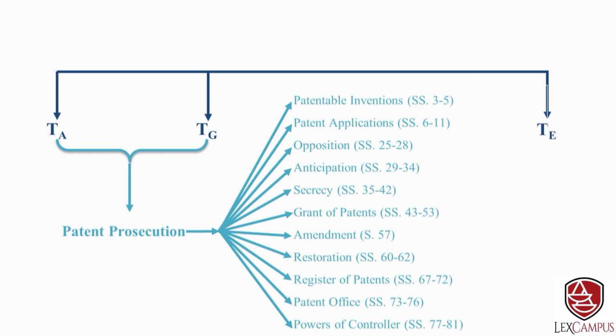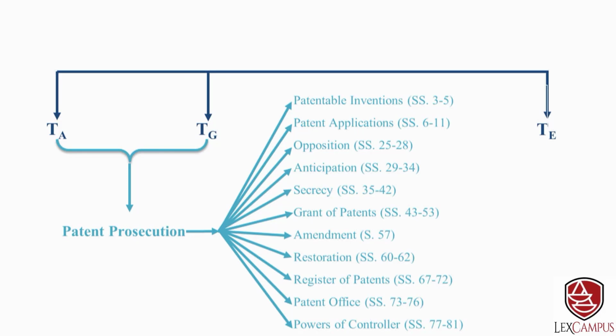Then the Patent Office has certain powers and functions. The structure of the Patent Office is covered in sections 73 to 76, and the powers of the controller in general are covered in sections 77 to 81. Now, this is not an exhaustive list, because as we mentioned before, patent prosecution can also go beyond section 81